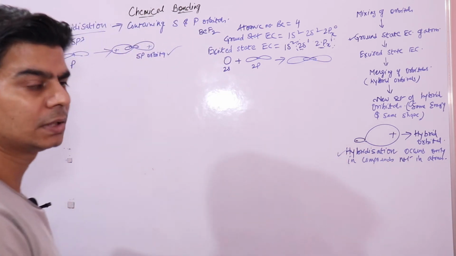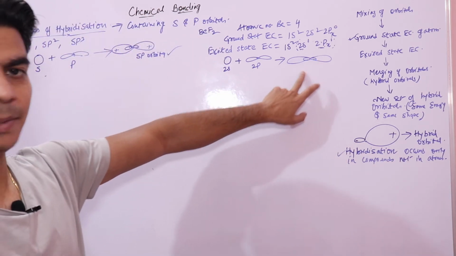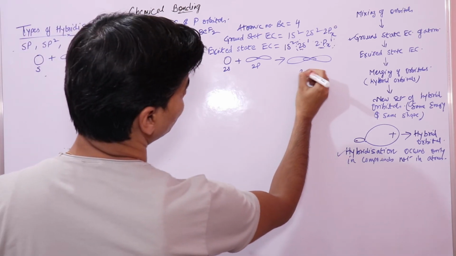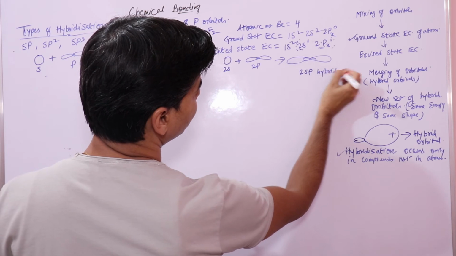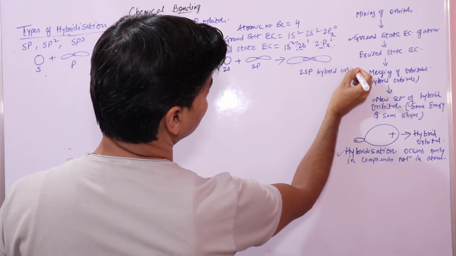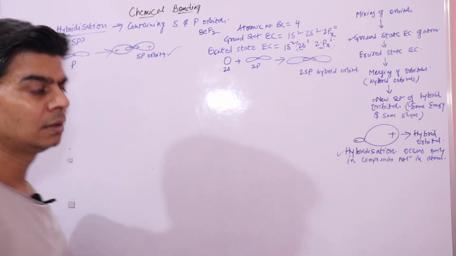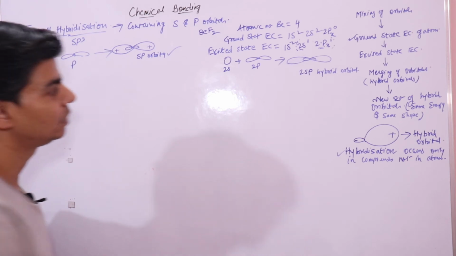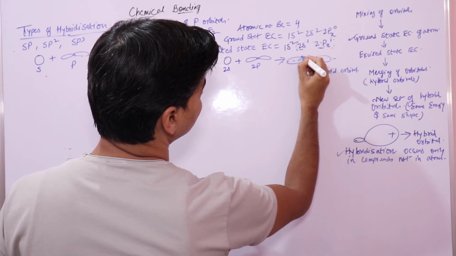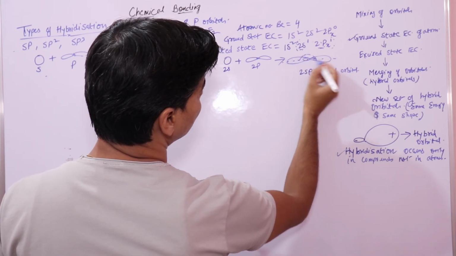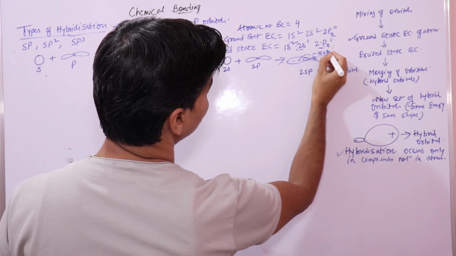Like this, right? These are your two sp hybrid orbitals, which are oriented at 180 degree to one another, right, like this. These two orbitals are oriented at 180 degree to one another,